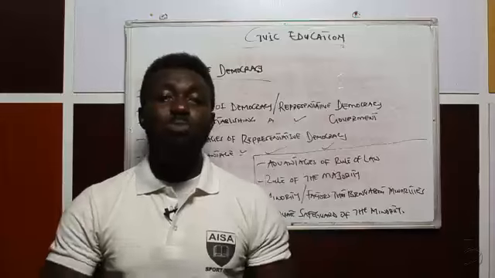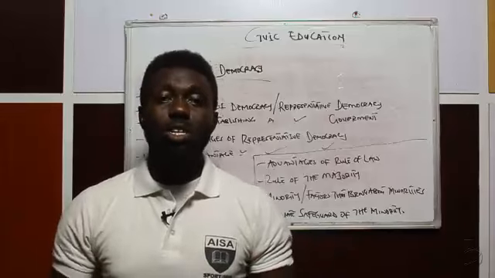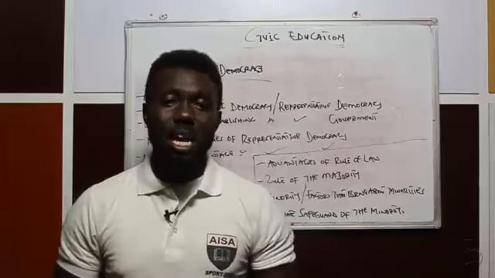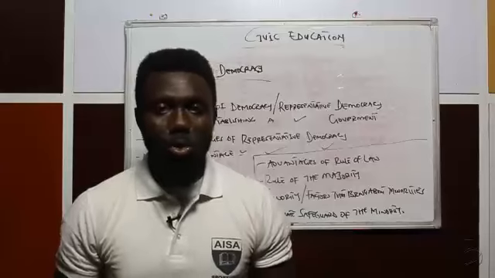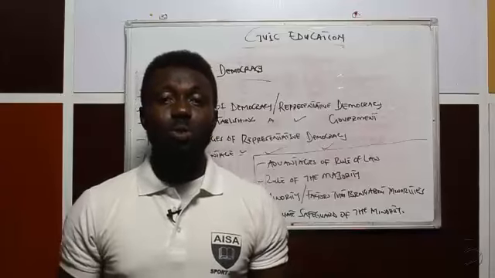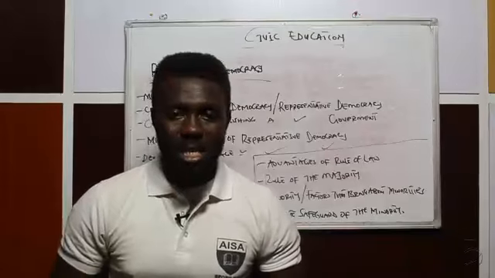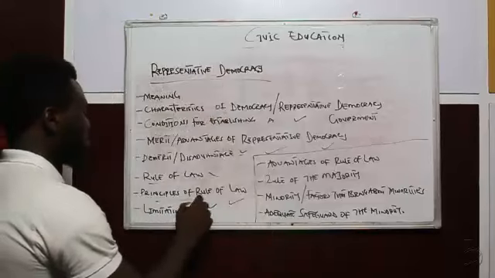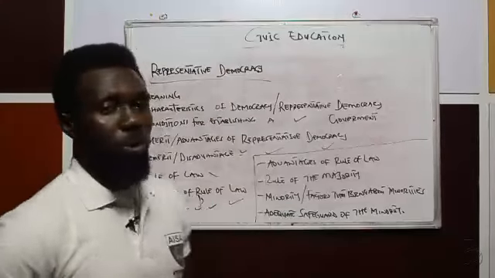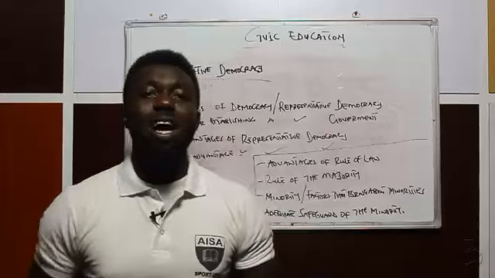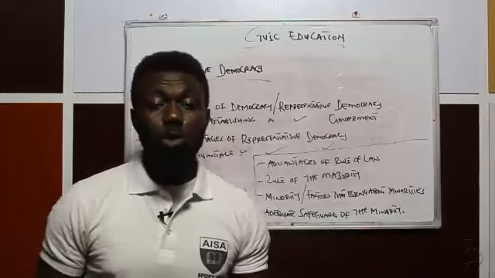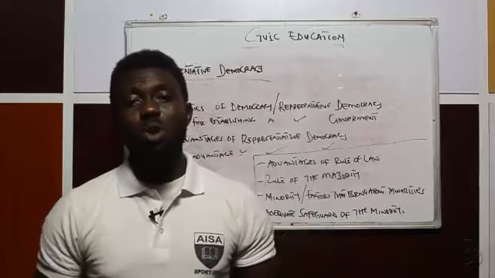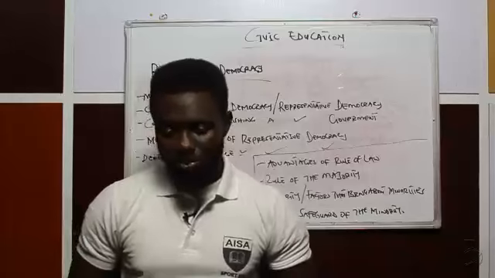The rule of law is supreme to any other thing. The law in a country is supreme to any other thing. Everybody is below the law. And so if you do something, the law will definitely get you. That's the basic idea of the rule of law. So what are the principles of the rule of law? Of course, we do know that rule of law has some principles. So the following are some of the principles of rule of law.